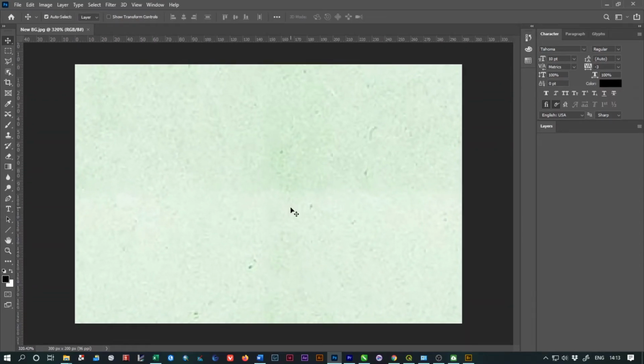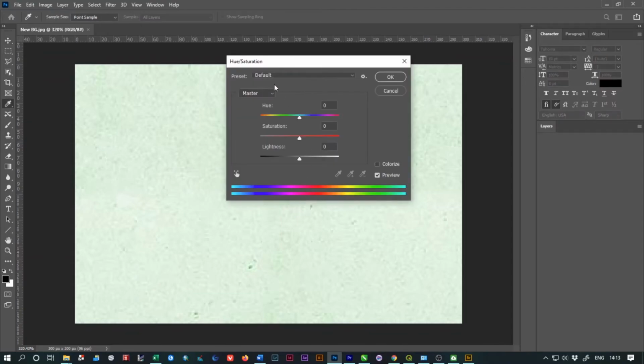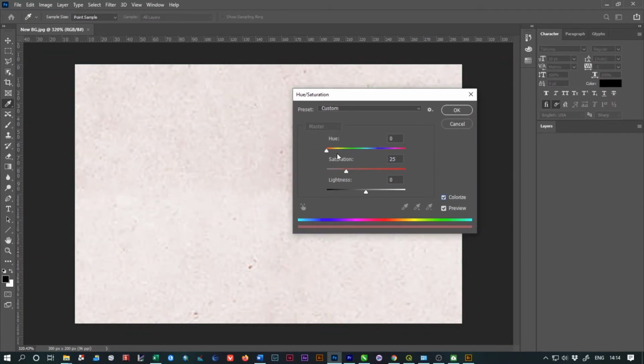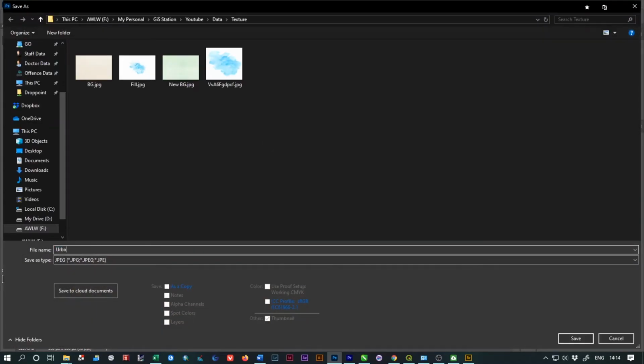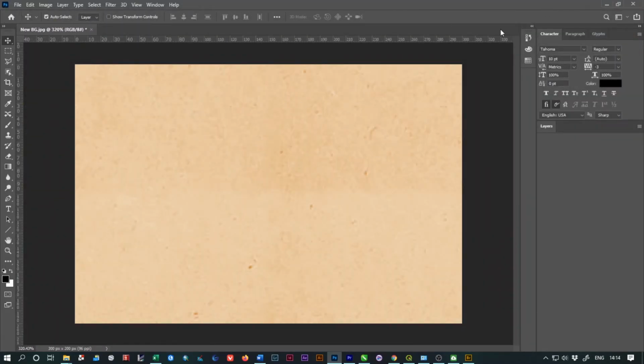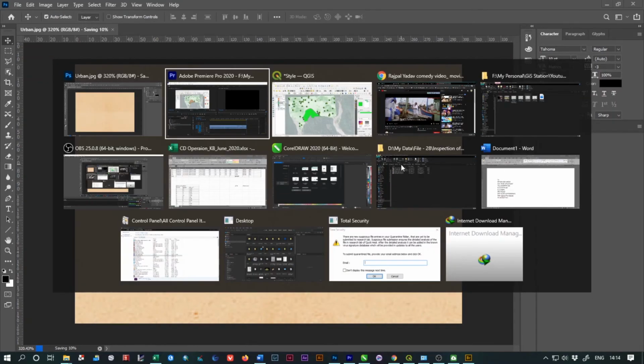just zoom it further and open the hue saturation panel and change the color from green to some brownish type color, so that it gives a view of soil, like brownish color. It's good enough. Okay, now save as icon and save it as JPG file.